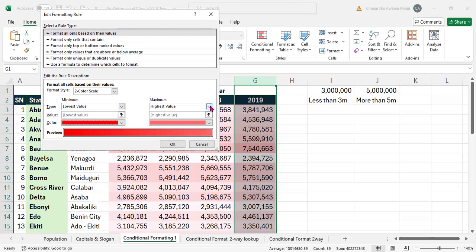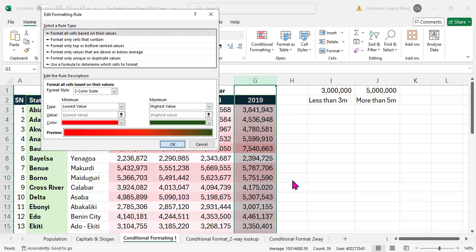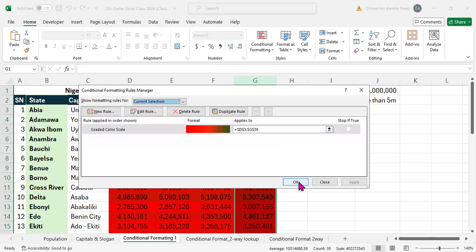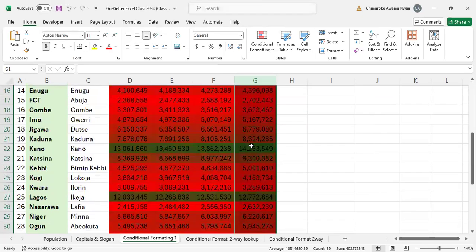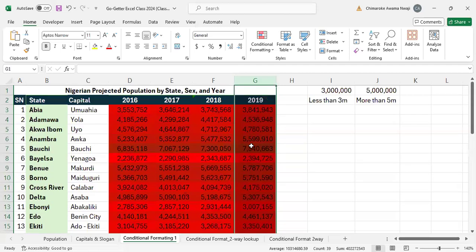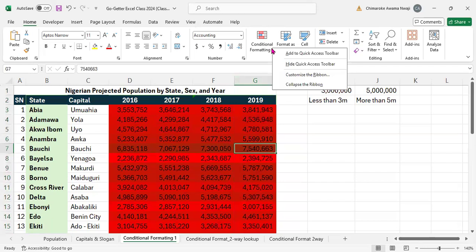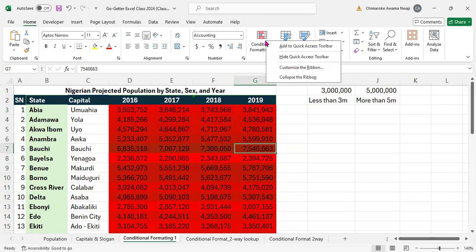Then your highest value, let's give it this color. And you click on OK, apply, OK. So you can see how it has changed. So you can improvise and do how you feel is better for you. So this is one way to do conditional formatting. The next way